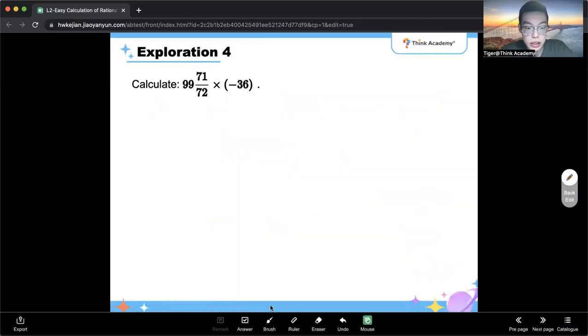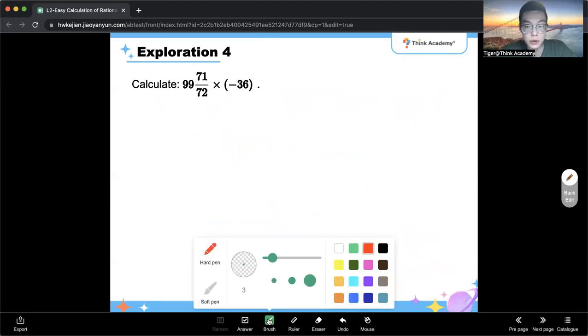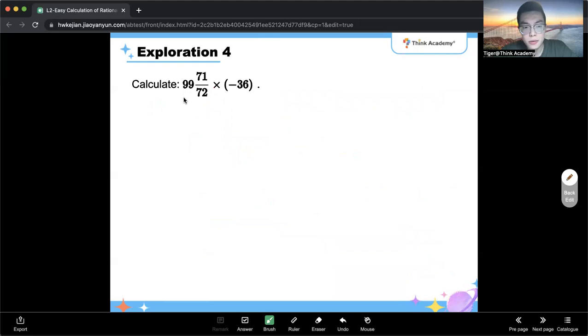And then finally, we're just going to exploration 4, which I'm going to cover really quickly. So what is a good approximate for this number? If you find it a bit hard to calculate, you can just do an approximation to this number. Yes, that's right. We can see that it is very, very close to 100, right? But because we are doing a calculation, we know that it's not exactly 100. Yeah, by 1/72, exactly. So first of all, we can just write it as 100 take away 1/72. And then I'm multiplying that to minus 36,